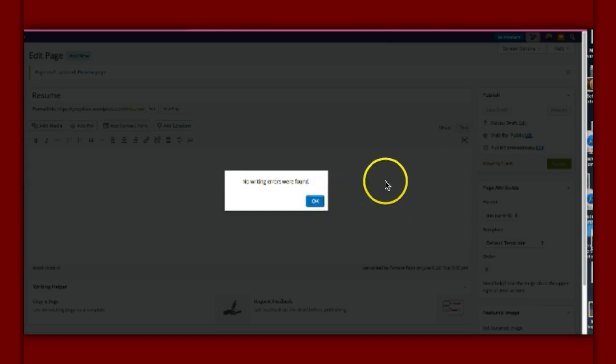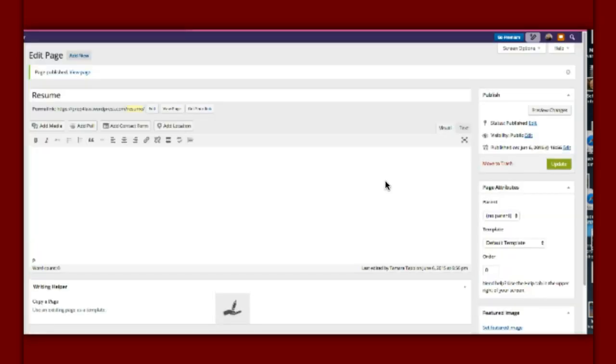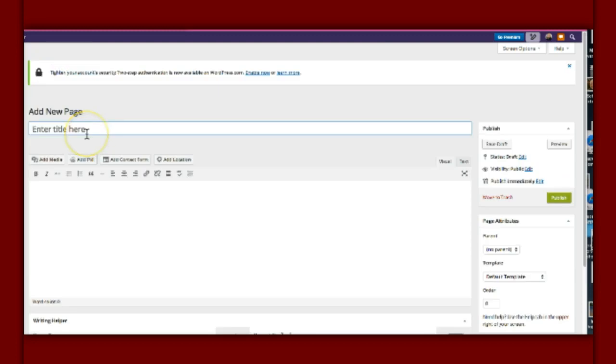As you can see, WordPress has a default spell check. That's what it means by writing errors. So you will have the opportunity to view the page after you publish it. But for now, since I want to help you set up some of the basics, go ahead and click after